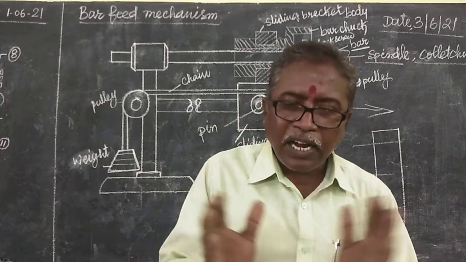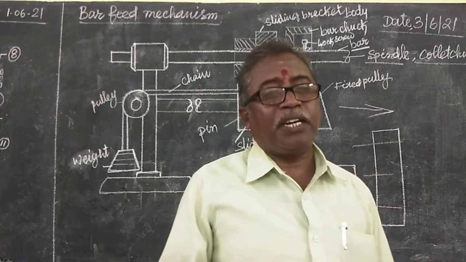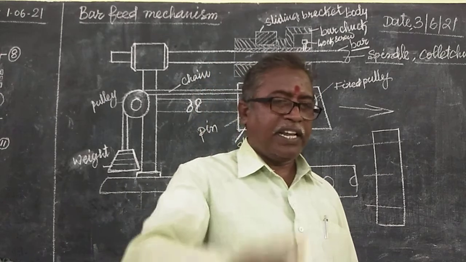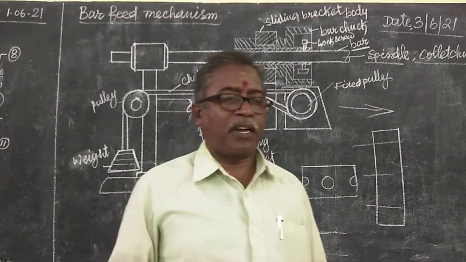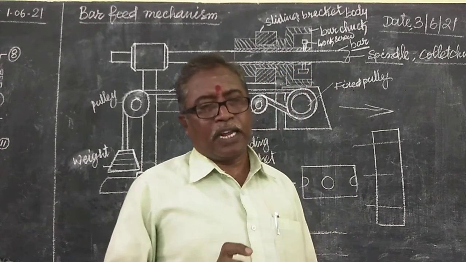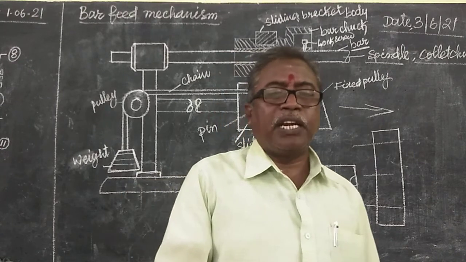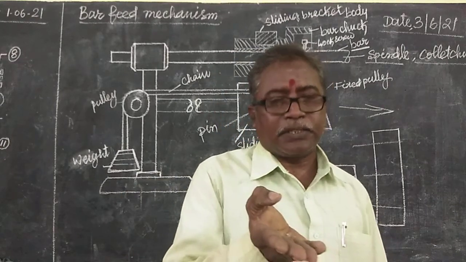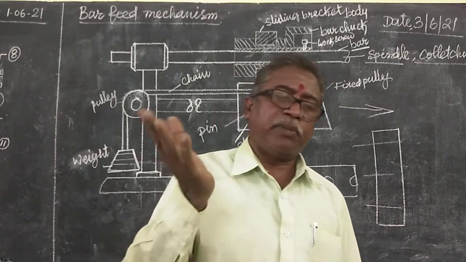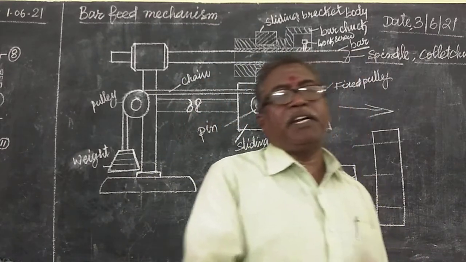Whatever the attachments used here, in the case of the turret machine, there is a taper turning attachment and a threading attachment. Two attachments are used. So threading can also be done on the turret lathe, not the capstan. On the capstan lathe, threading is done only by using chasers or dies, which may be a collapsible die, a split die, or any die.